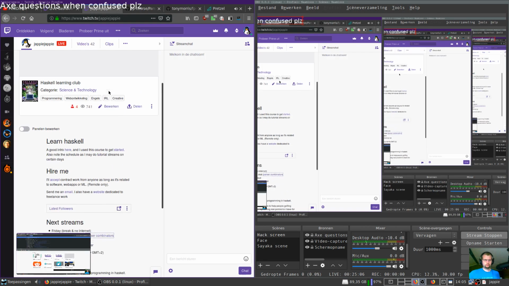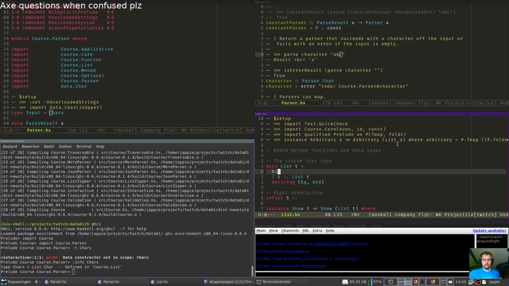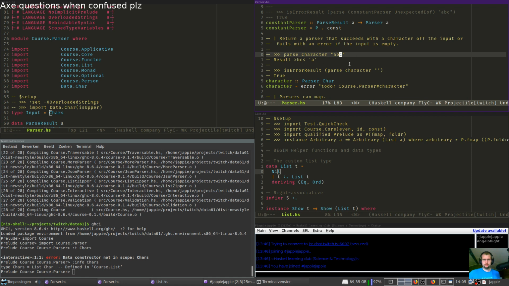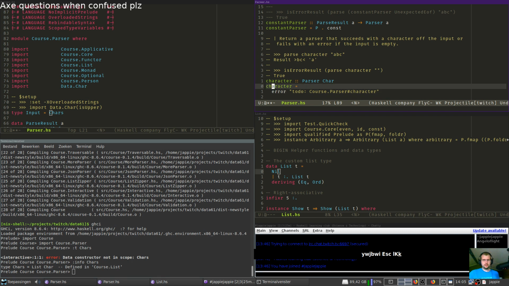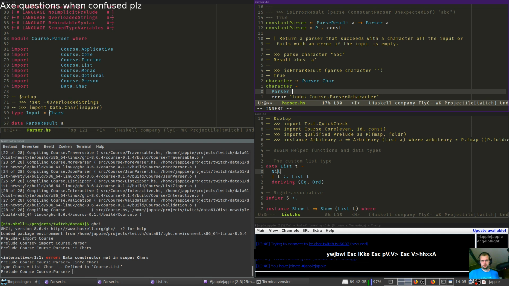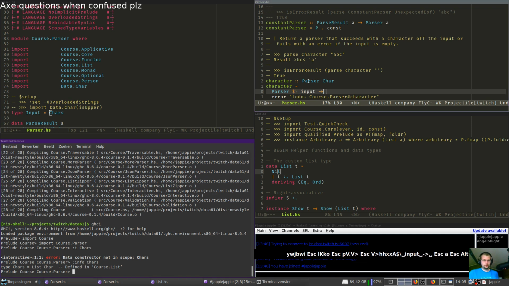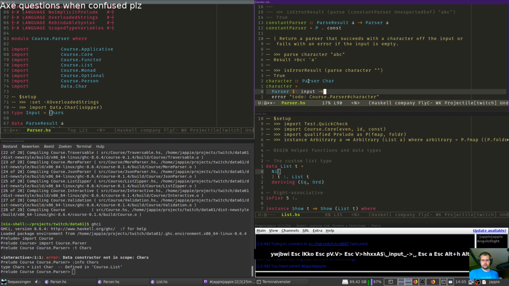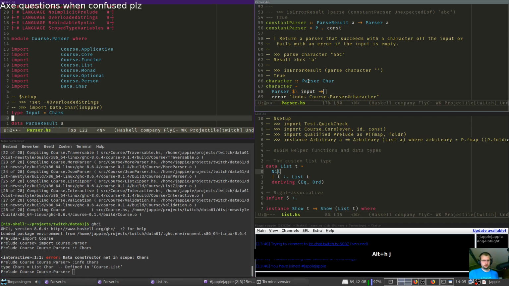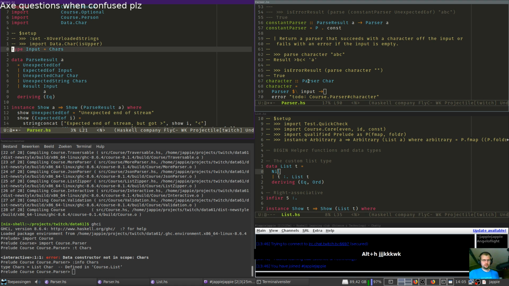Alright, so any questions, you should just ask if you don't understand what I'm doing with types or something. Yeah, I can explain everything. But let's implement this. It's a bit harder because they made that custom stuff, but we'll figure it out. Shouldn't be too hard, I think. So we just get an input here. And input is chars, so this is a list of characters, which is a string.